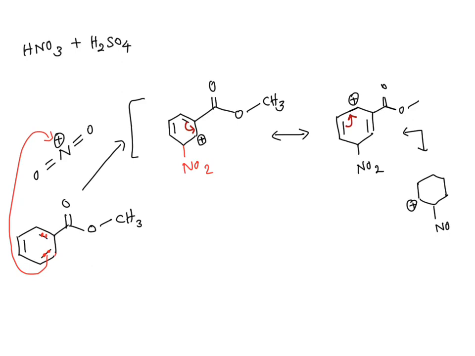So the positive charge will never go to the carbon next to an electron withdrawing group, that is this carbon. So watch the positive charge, it never goes to that carbon. That is because you chose the nitro group to go on to the meta position, right? If the nitro group is on the meta position, the positive charge will never go to the carbon next to the electron withdrawing group. Okay, after that, water will take the proton from here,